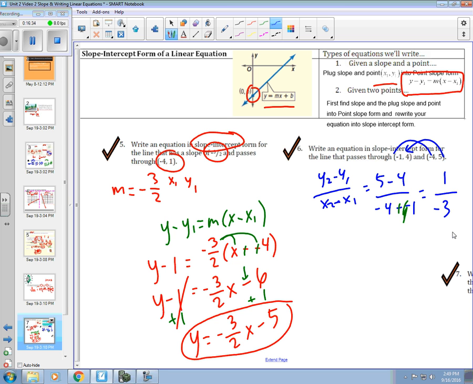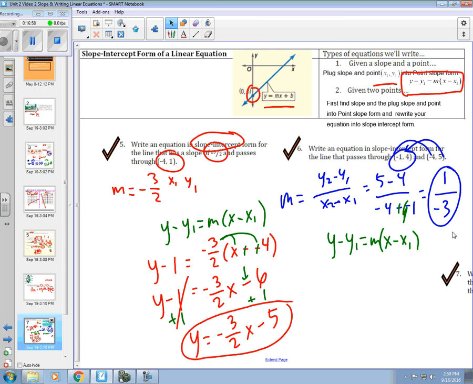Okay, so that's our slope. That's our m. Now we want to use that with one of these 2 points to get the equation. And it doesn't matter which one you use, you're going to get the same answer no matter what. I'm just going to pick the first one here. It doesn't really matter. So now put it into this point slope form like we did before to get our